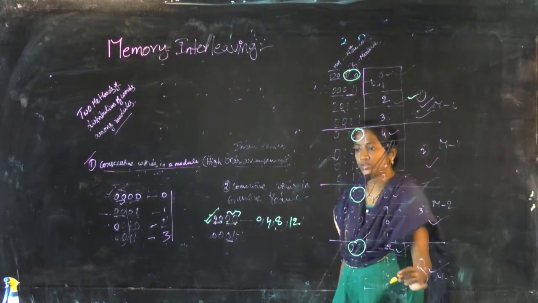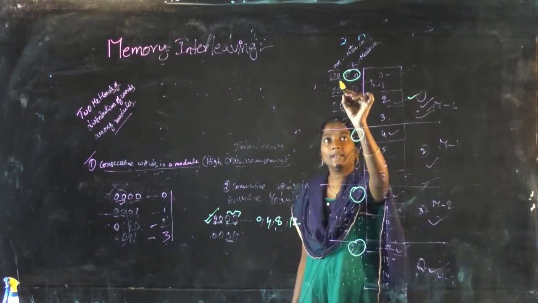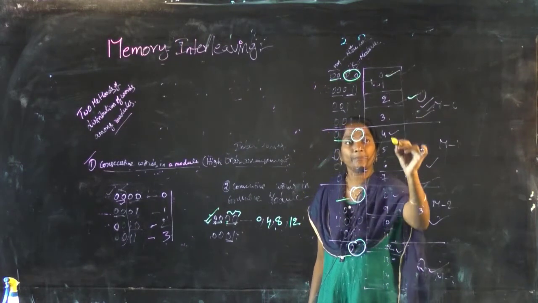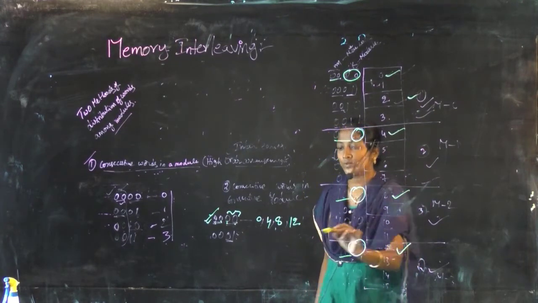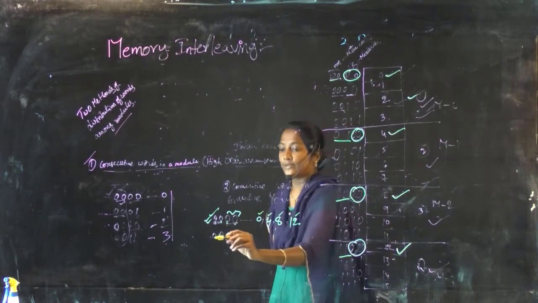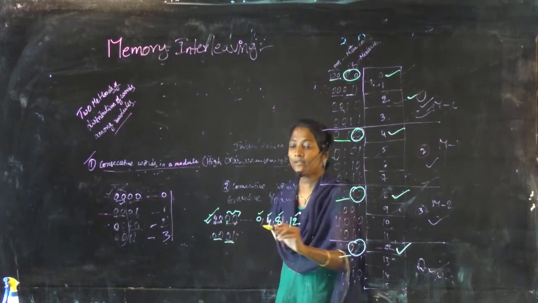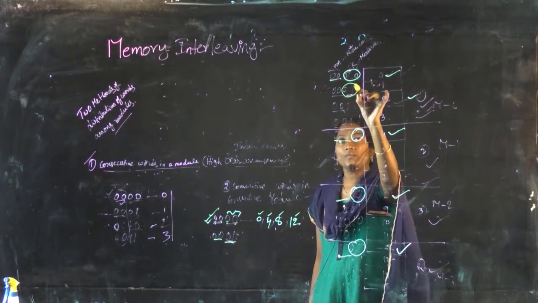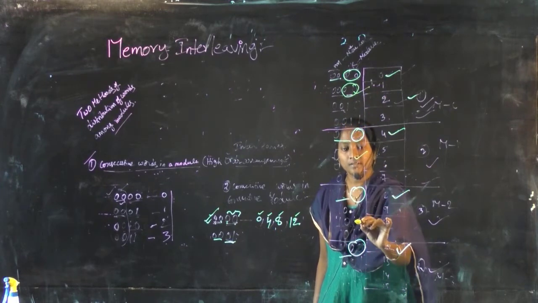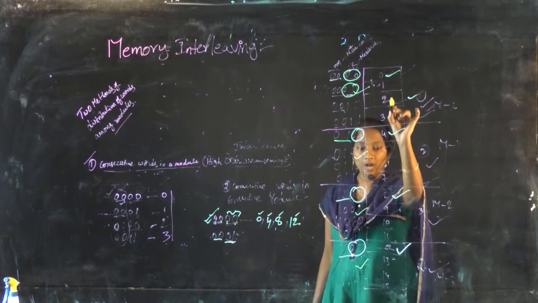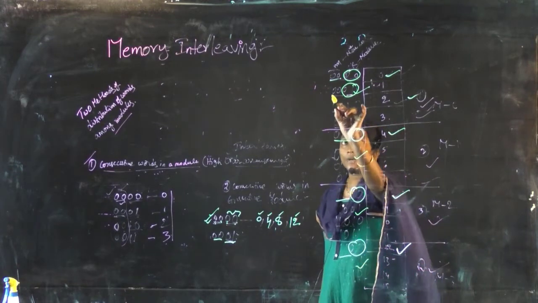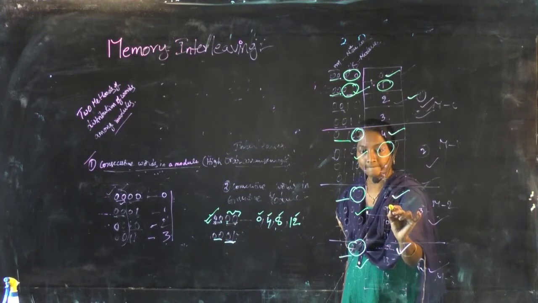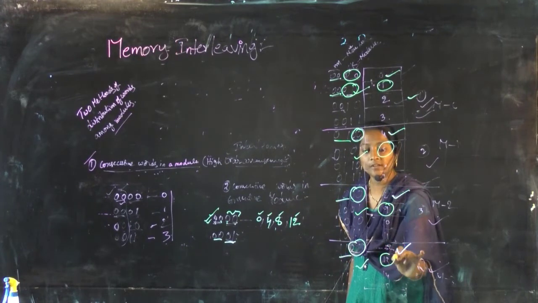All 4 modules will be selected, and whatever data resides at those memory locations will be placed on the data bus. Those are 0, 4, 8, 12. Next, when the processor sends 0001, 01 is used for selecting the memory module. So 01, 01, 01, 01, all modules are selected. At that particular address, whatever data is present will be placed on the data bus.